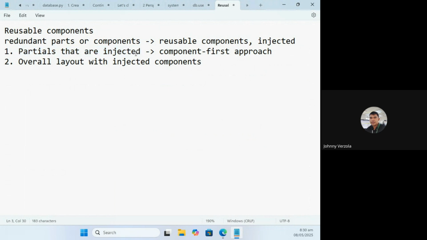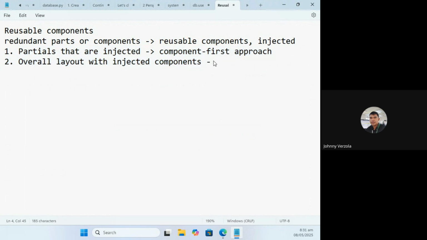Basically, they are just reverse. Or we can go with the overall layout, which is what we are going to tackle today, and inject the components later on. So these two approaches are just a matter of order.